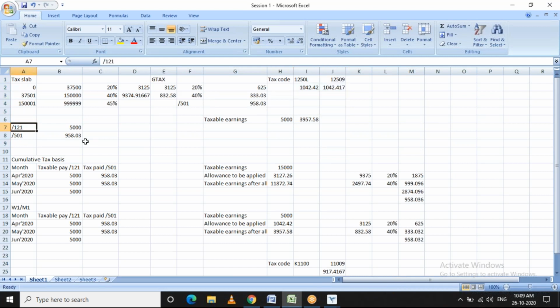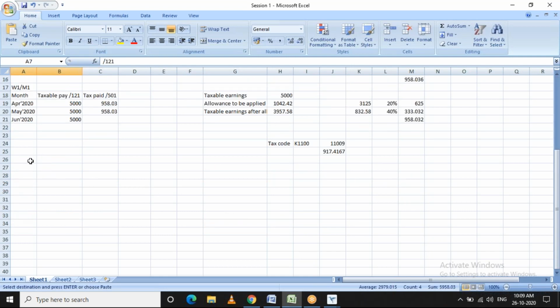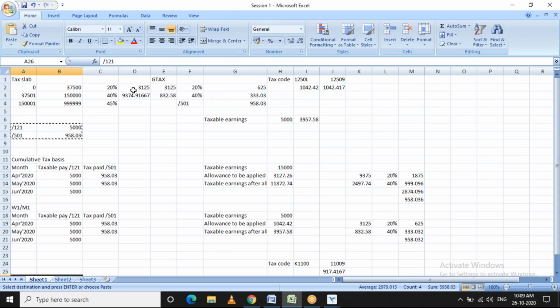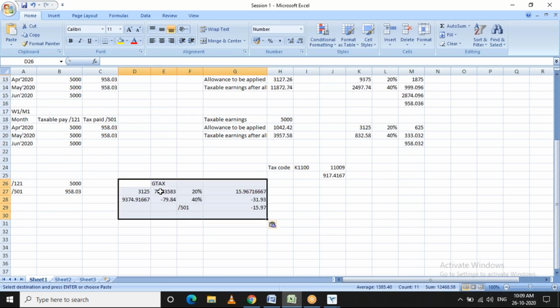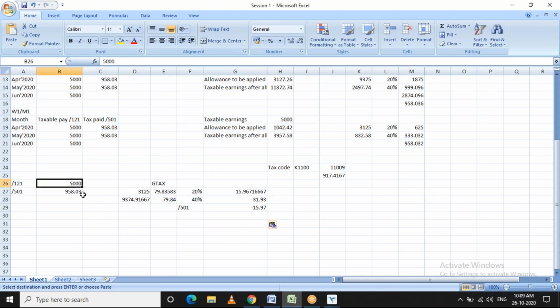Now let's calculate the taxable earnings. Let's say the employee's earning is 5,000 and the tax code is K1100.